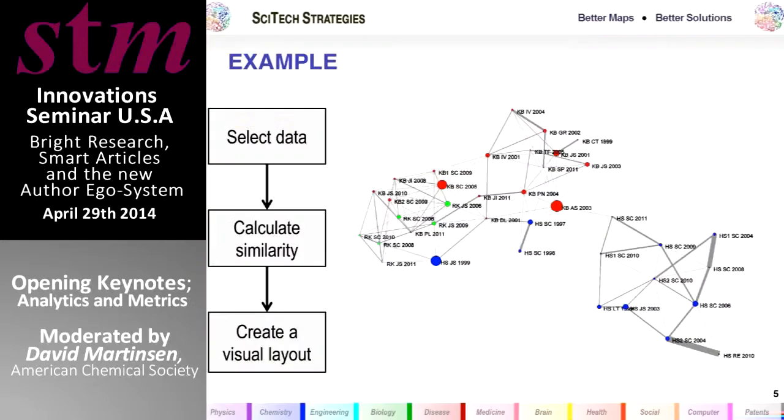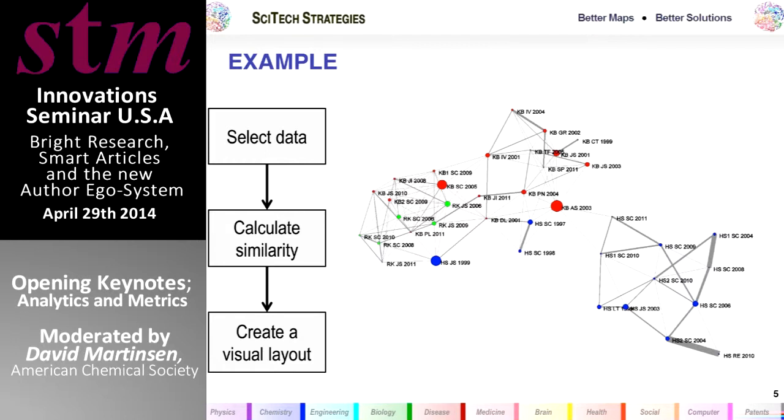So in this case, what I've done is I'm from a small company. There are 3 of us who are principals in this company. And over the years, we've published some papers. So between the 3 of us, these are the papers that we've published in the last 15 years. And I've just stuck them in a circle because at this point, you don't know what the relationships between those are. But I've taken this set of about 40 papers. Each one of them is colored by the principal author, and the size of that dot represents how many times they've been cited. So you can see the one up at the top, the red one is the most highly cited of these papers, and so on.